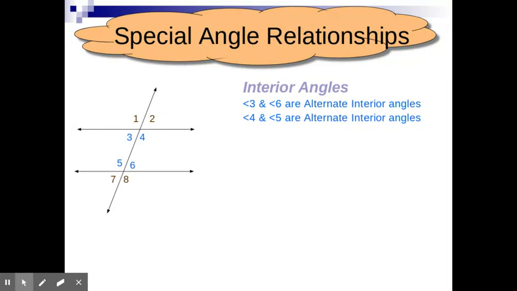All right. And then we look down and we see, okay, so if I was naming the matching angles, 3 goes with 6, 4 goes with 5. Those are alternate interior angles. And then you've got